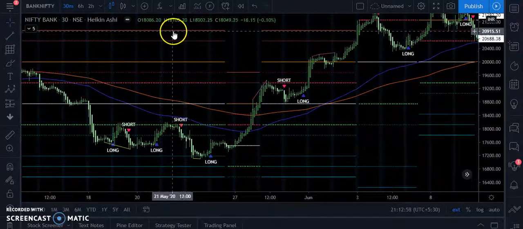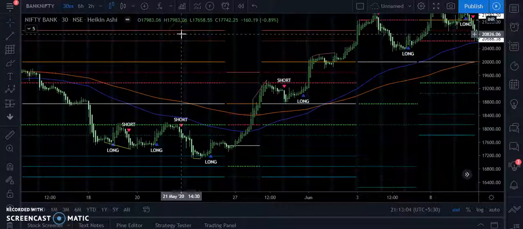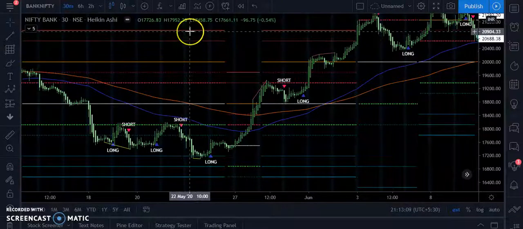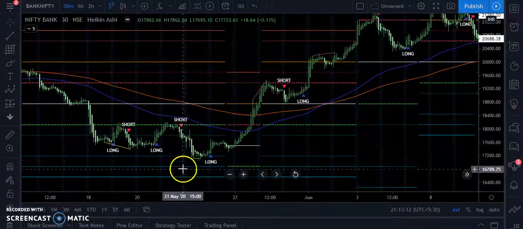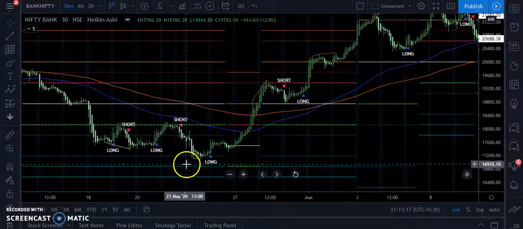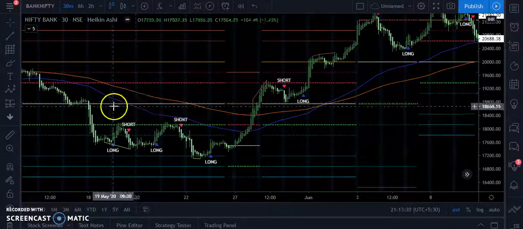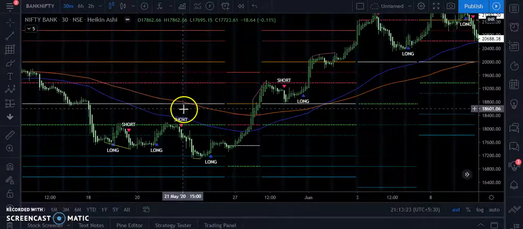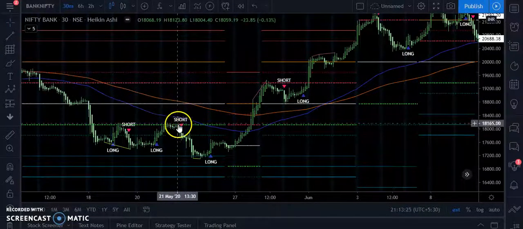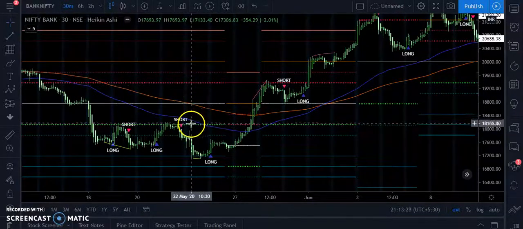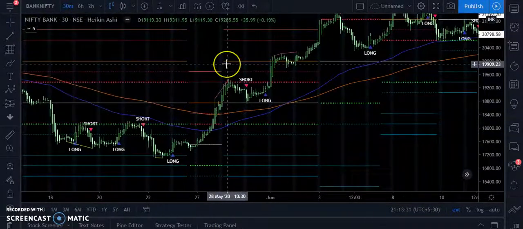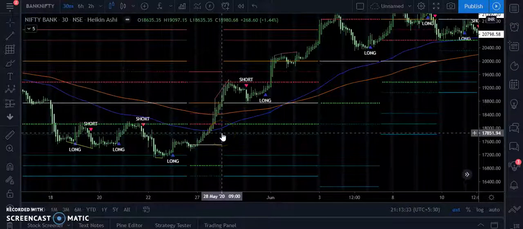The trend levels, if it is red, that means it's extremely overbought and there's a potential that the bears may come in control and the price may start falling, and these blue lines are an indication that the bears are exhausted and bulls may take over. The white line is the ultimate support line, and the pink line and the green line are the potential reversal lines. So using these trend levels, you can easily decide whether you have to go long or a short position.